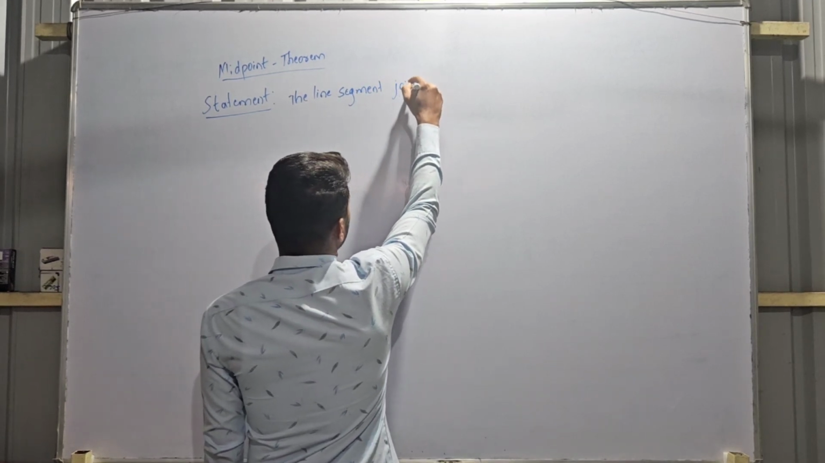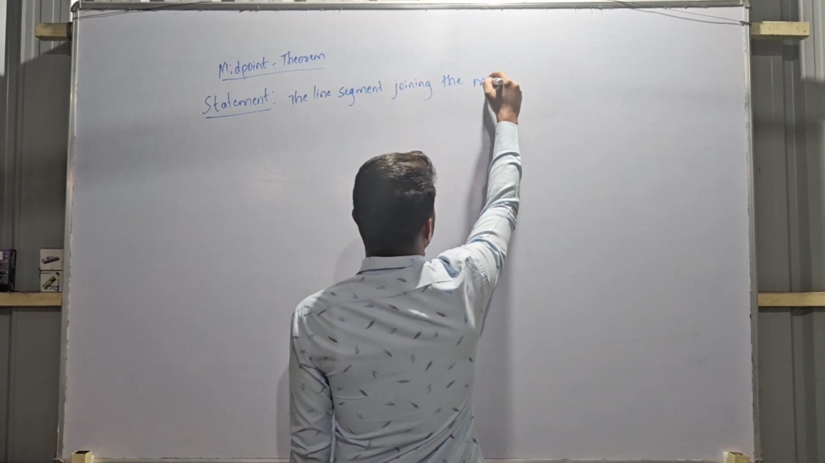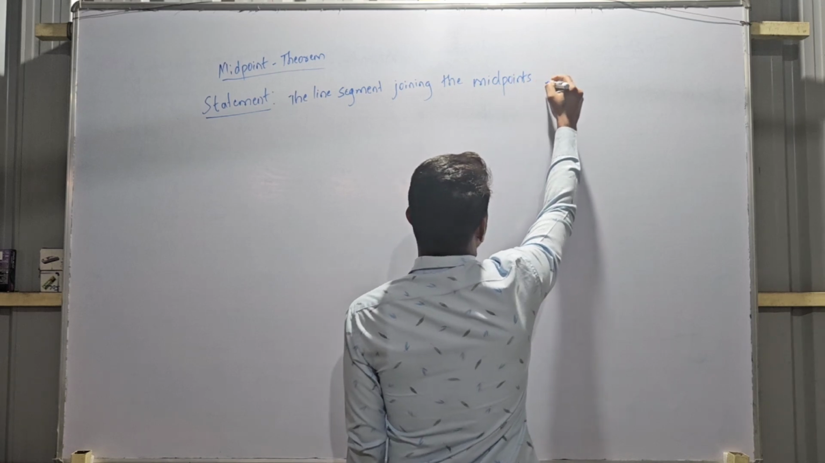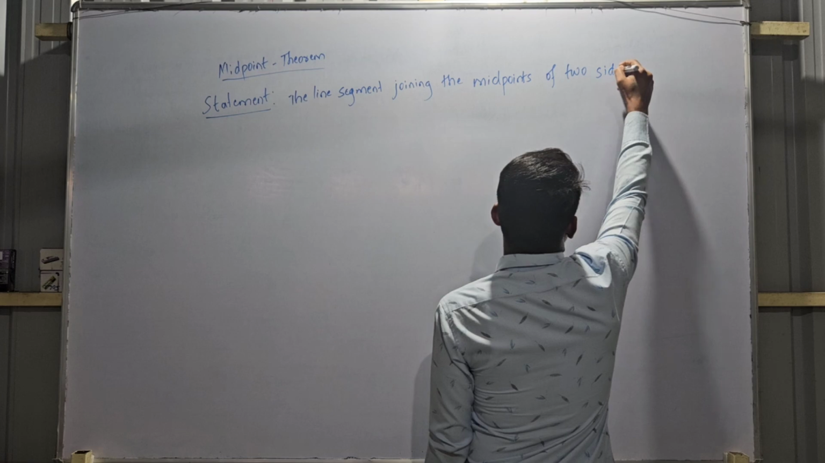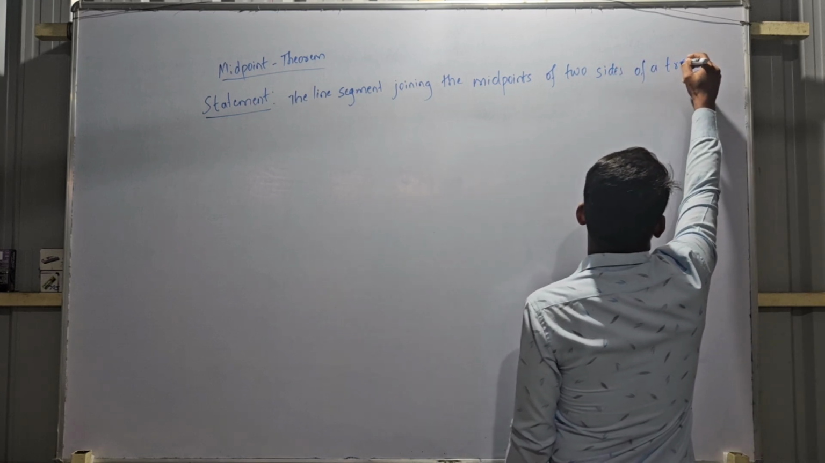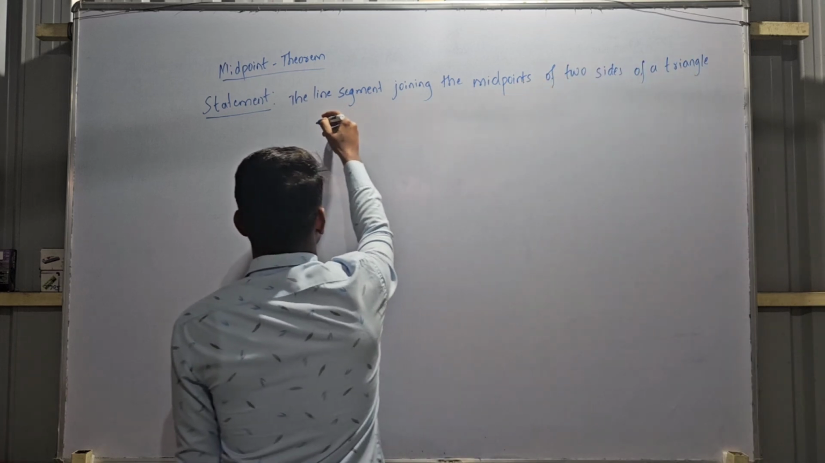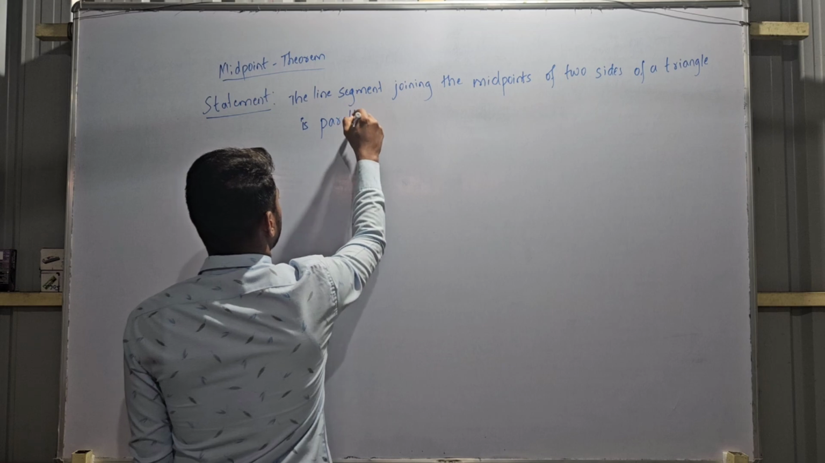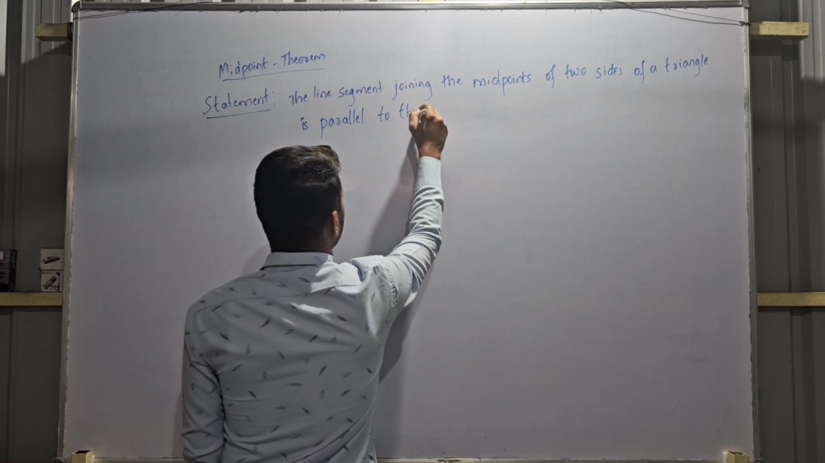See, the line segment joining the midpoints of two sides of a triangle is parallel to the third